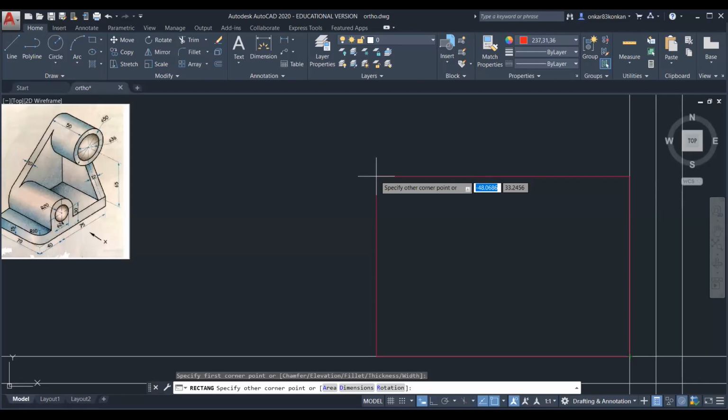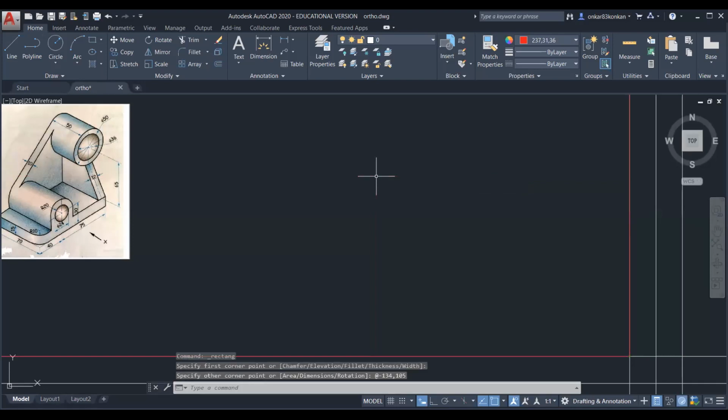So minus 48. So this is the X coordinate and this is the Y coordinate. Okay. So as the width is 134, so we will enter here minus 134, and then to change the cursor for the Y coordinate, press tab and this height is equal to 105. Okay, so this is the reference rectangle.